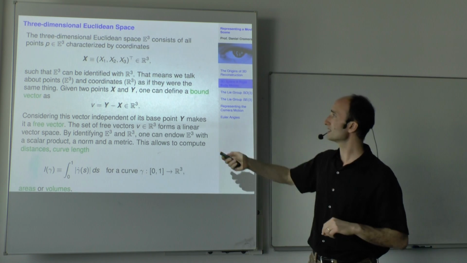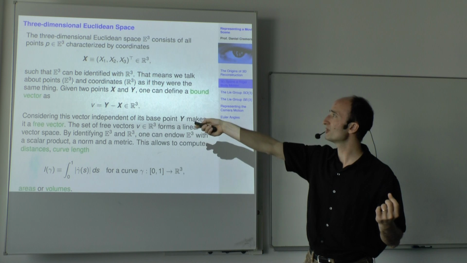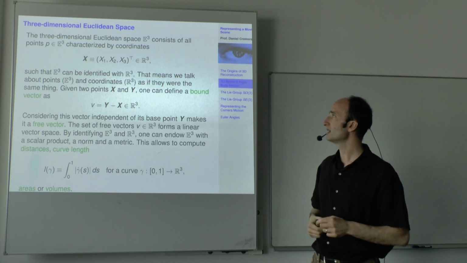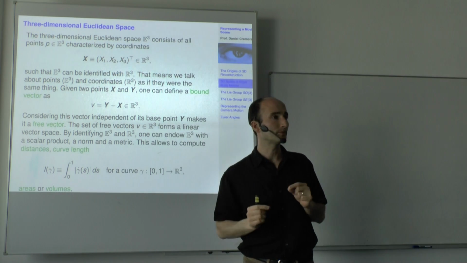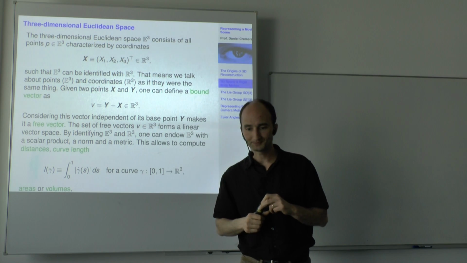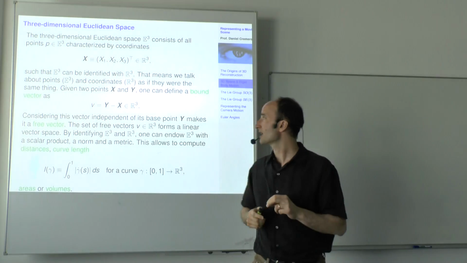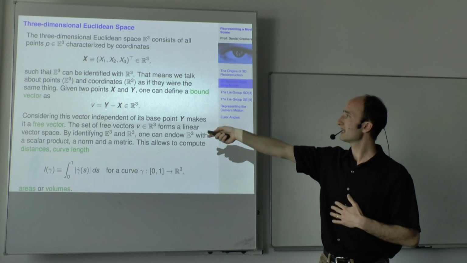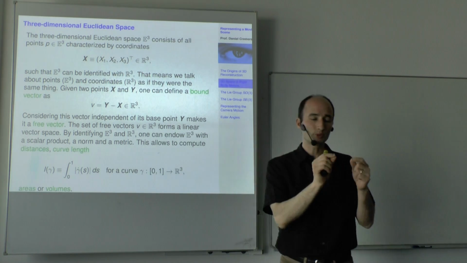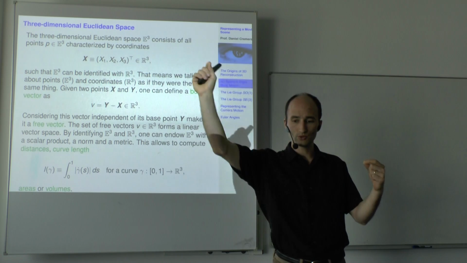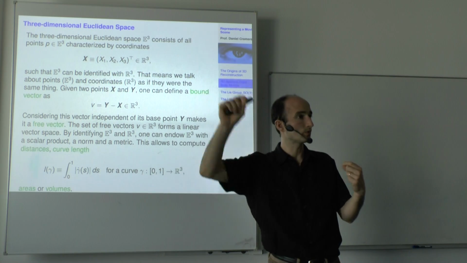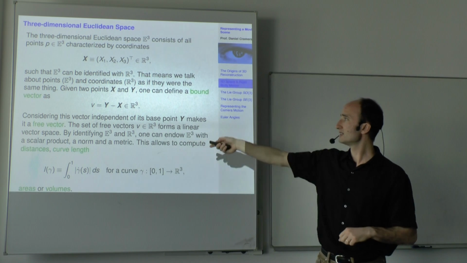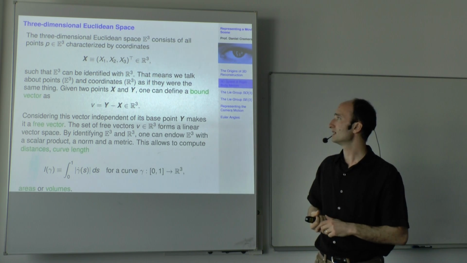But strictly speaking, it's 2 different things. One is the set of points in our environment, and one are coordinates in R3. And we can use these coordinates to represent points uniquely. Once we have 2 points in E3, let's call them x and y, we can take their difference vector, a vector pointing from the point x to the point y, and we call this y minus x, this vector we call v. It's an element in R3, and